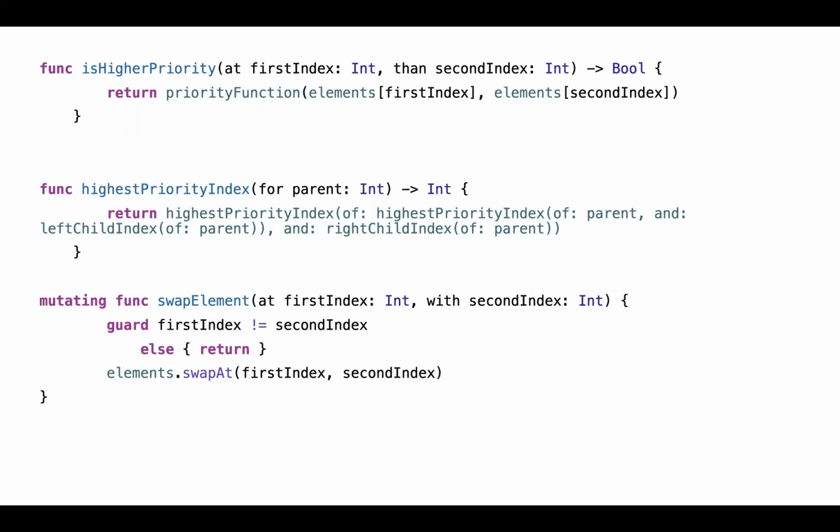Okay. Now we have one more helper function, which is highest priority index. This will club three things: one is the parent, another is the left, and the third is the right. Meaning the left of the parent, the right of the parent, and the parent. In collaboration of these three, it will give me the highest priority index.